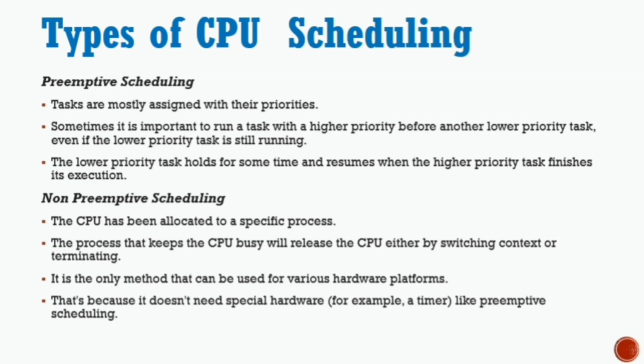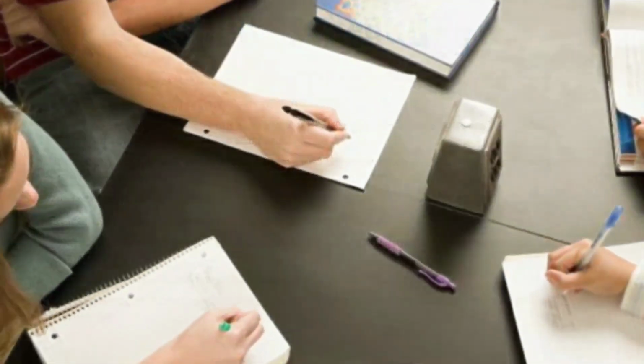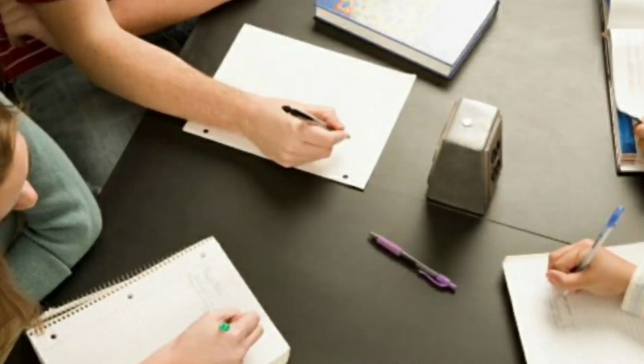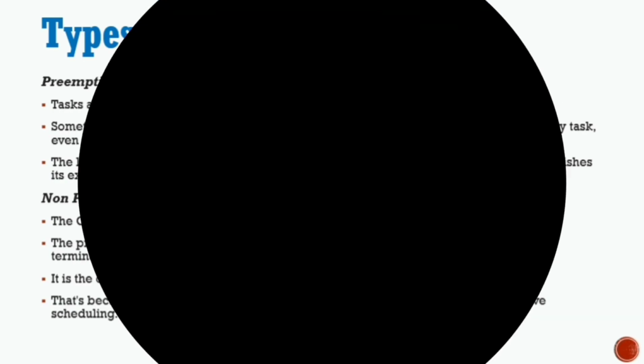For example, when a teacher or a professor is not able to come to a particular class, what he or she would do is assign the students a particular assignment or task which they would have to upload at the end of the class. So they'll make sure that the students are busy until the end of the class. Only then can they go out and move around, as long as the teacher doesn't come.